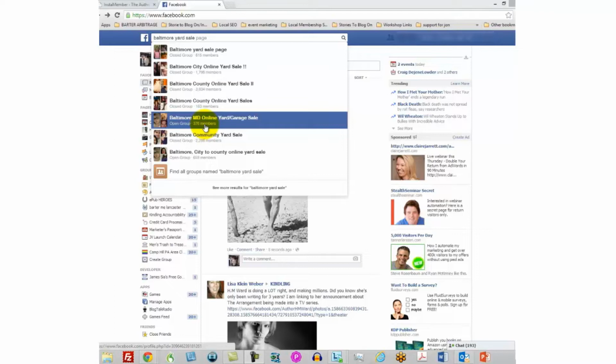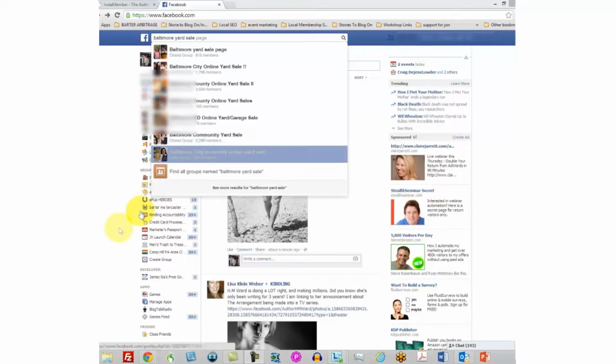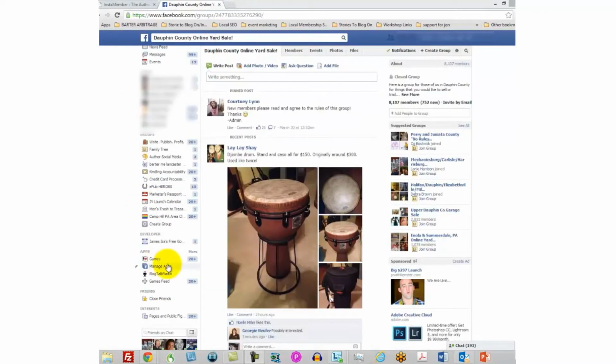I'm going to take you inside of one of the groups right now. Okay, so you're noticing that I'm inside of this group. You probably noticed that here's a set of drums, all kinds of things that people are able to sell, and the people that actually buy and sell on these pages like them because people are not anonymous.